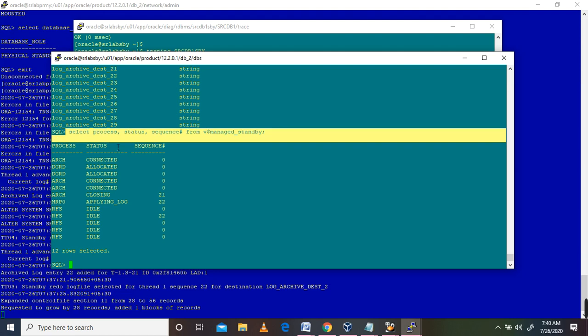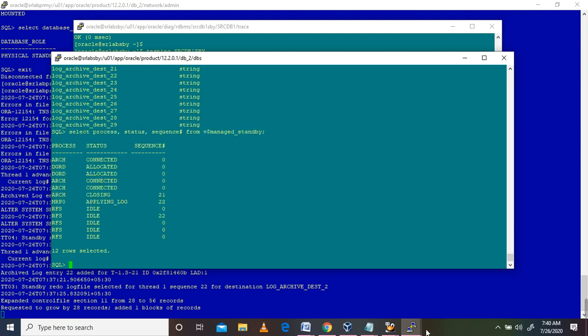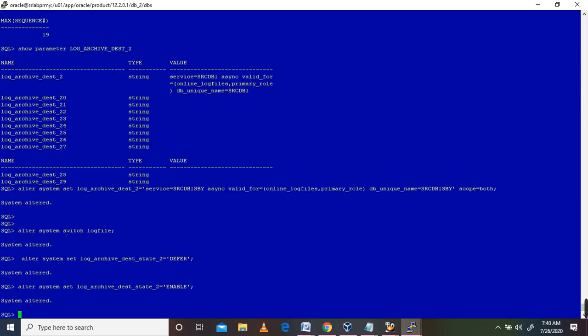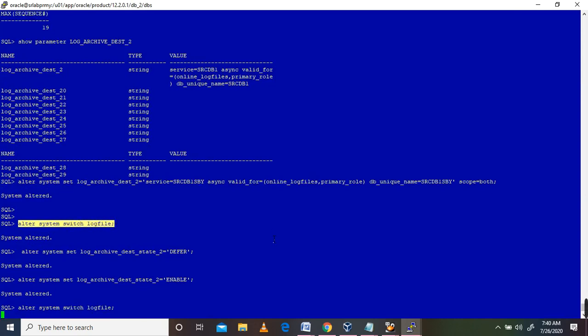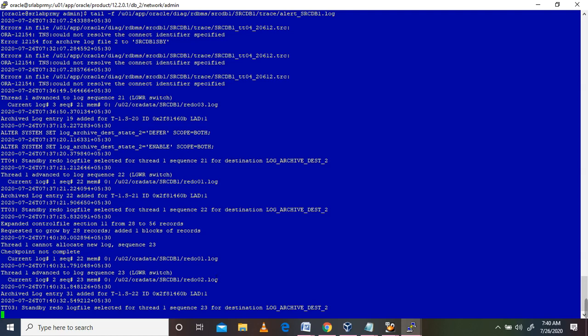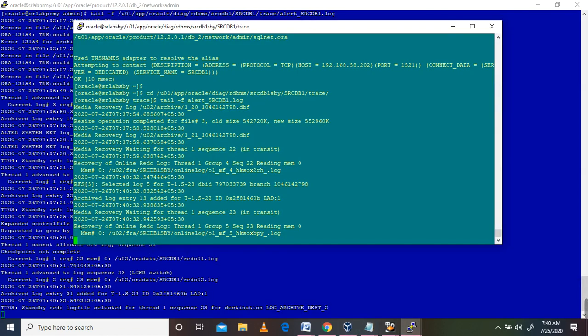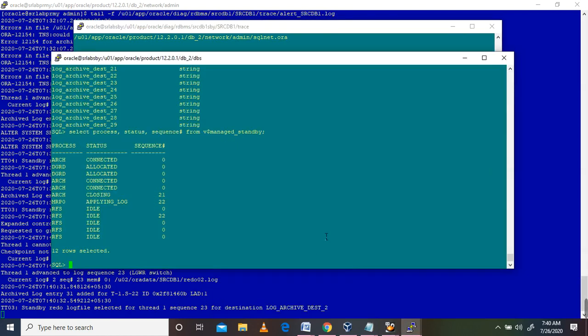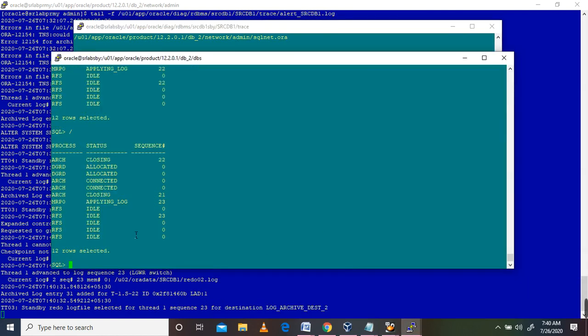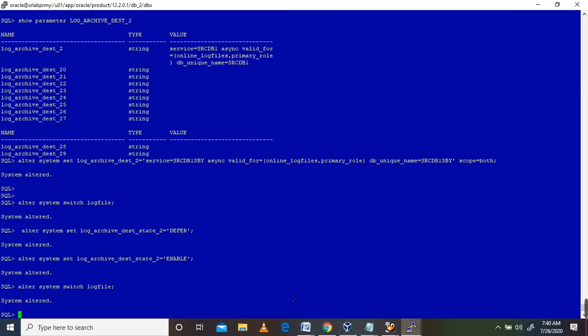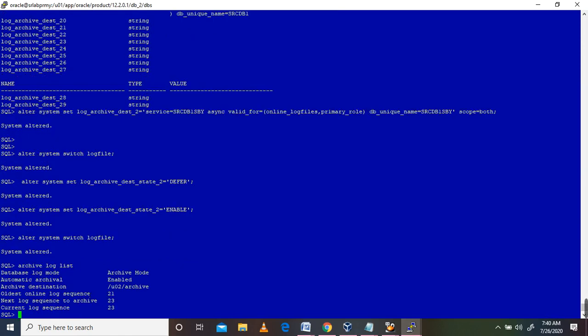You can see here I am doing one more switch, and the logs are shipping. And see, media recovery is going, it's done. Also you can see the applying log. So you can see here the last maximum log sequence 23.